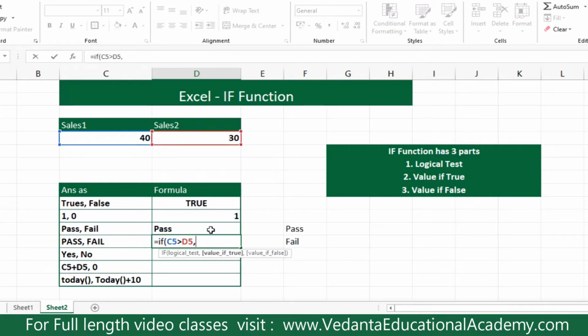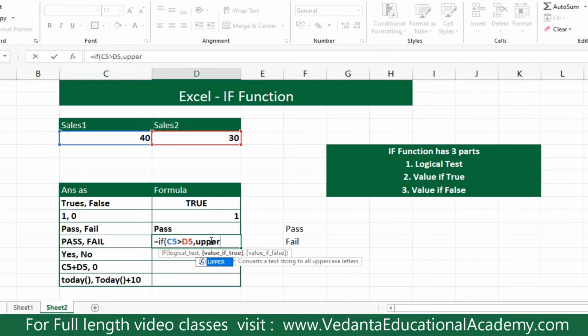If the value is true, I would like to print pass, but not in the same case. I would like to convert it to uppercase. So then you start